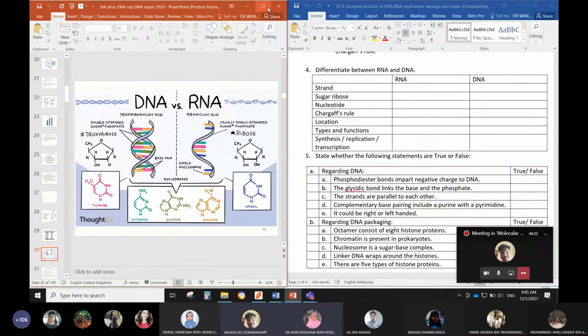The location for RNA is usually in the nucleolus of the cell. Once it's differentiated in the nucleus, the RNA is transported out of the nucleus, and it is duplicated outside of the nucleus. So RNA is inside the nucleus and DNA is outside the nucleus. Okay, and then after that, types and functions, we have RNA is for